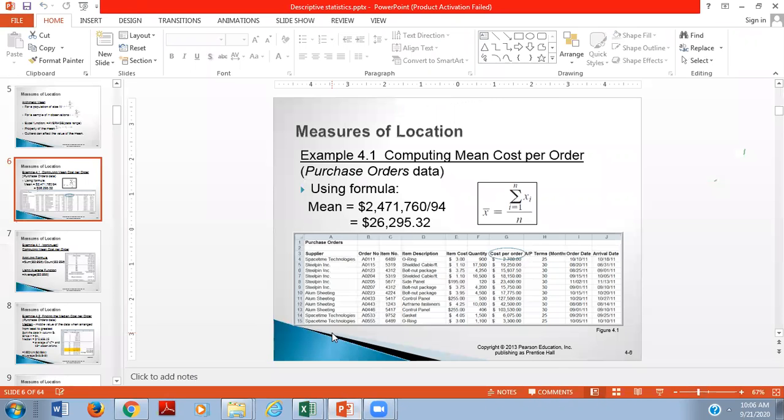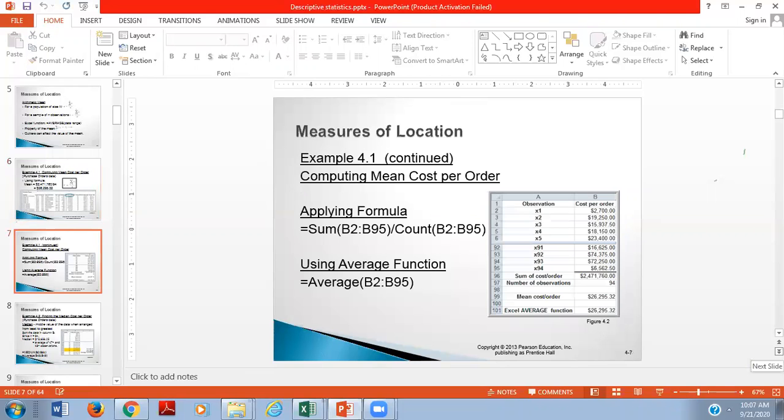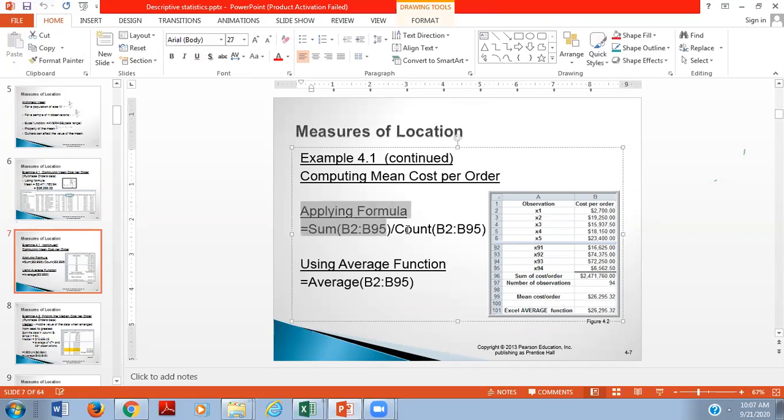So computing mean is not much difficult. We all know that mean is a formula for calculating the average of particular data. So that is the major thing, right? Here in front of you, they did the same thing. First, they applied the formula we used: sum, define the range.